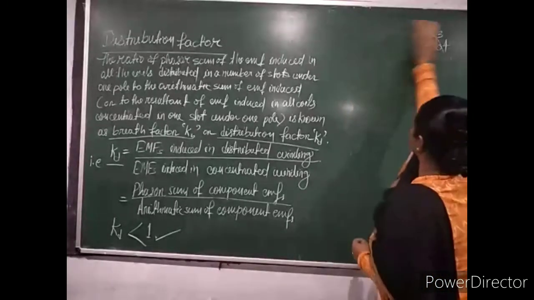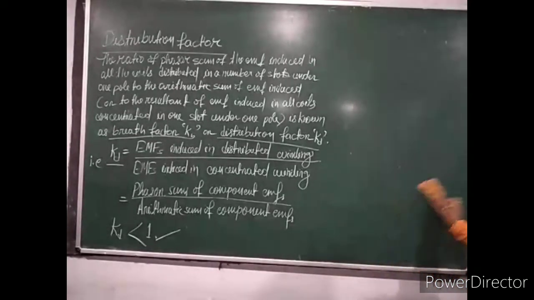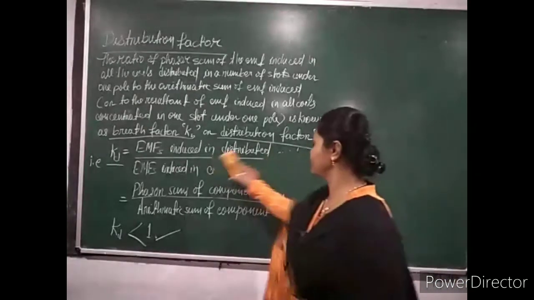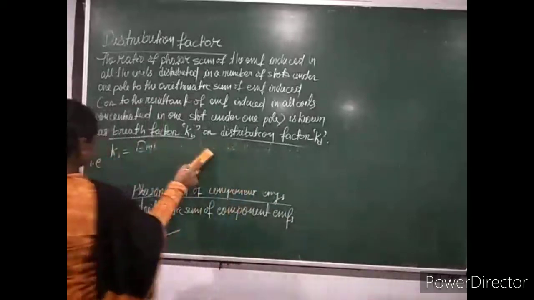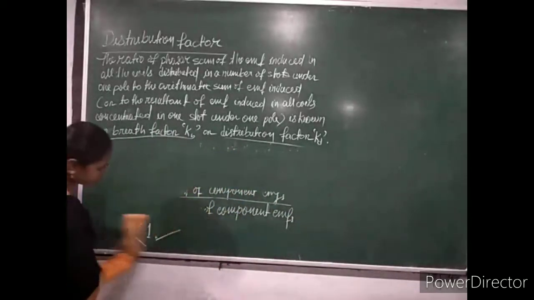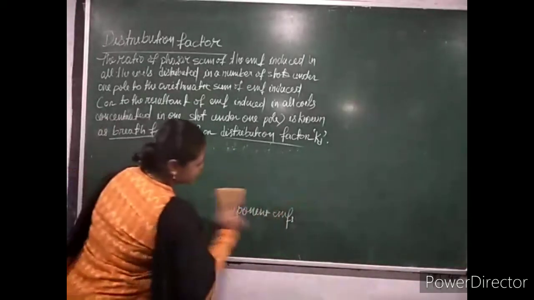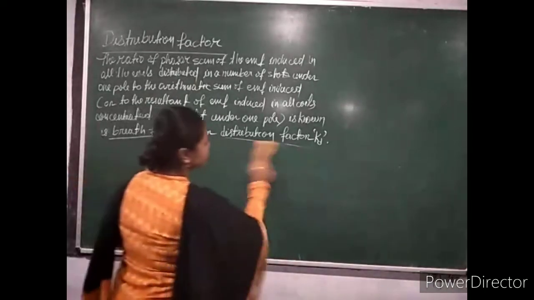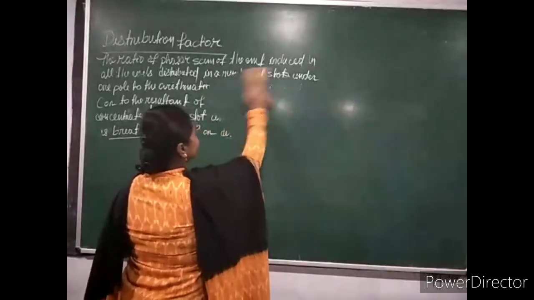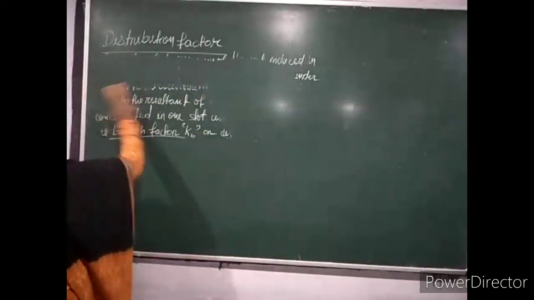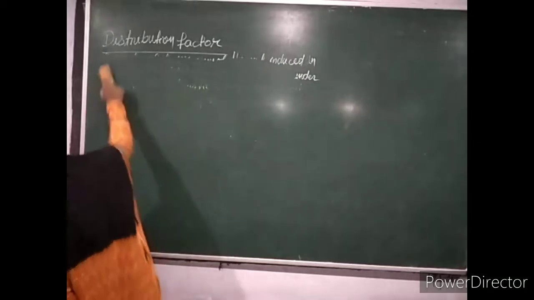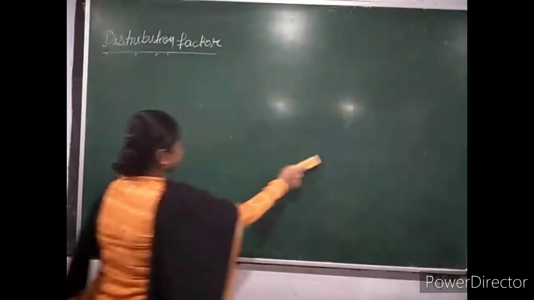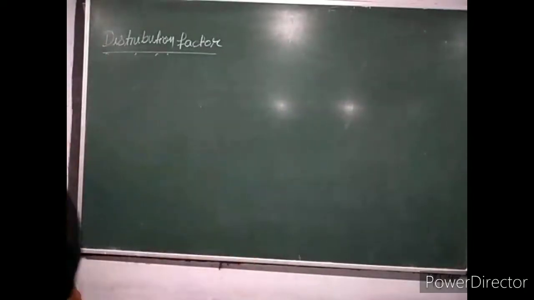I arrange this winding diagram, the diagram of a synchronous machine, and also as I have to derive the arithmetic sum and phasor sum, I erase this portion. You people note this definition. You may get a 2-mark question, that is, what is distribution factor. On that question you have to write this definition part. So whatever I explain here, you just take a note.